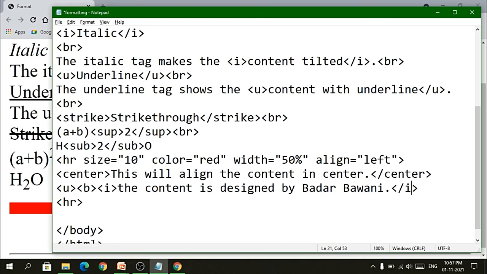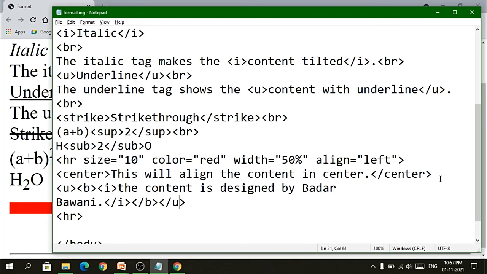So it is I, B, and then U, and save the file.